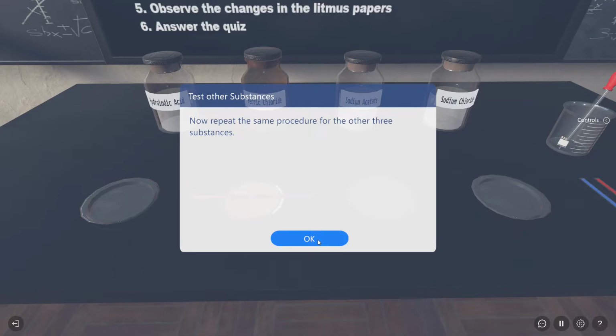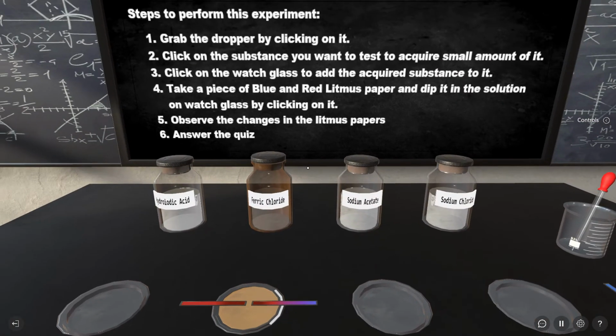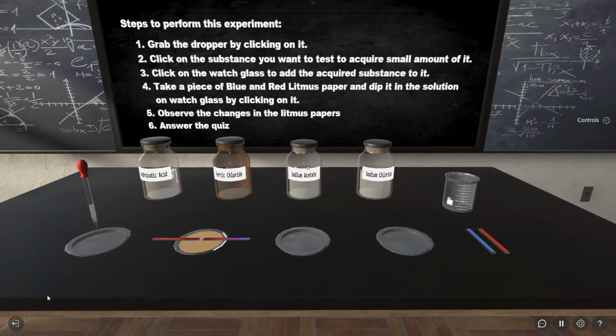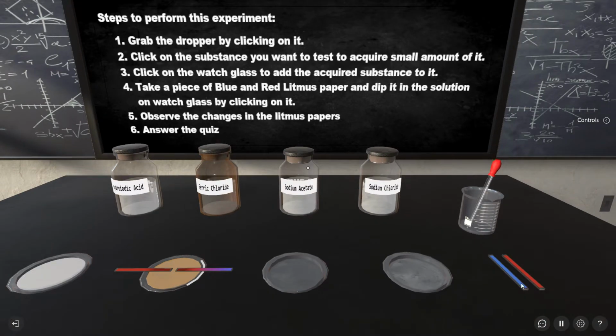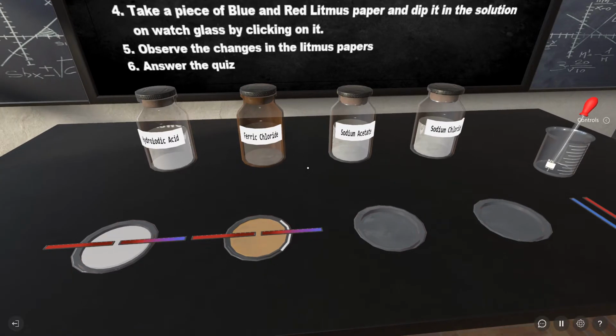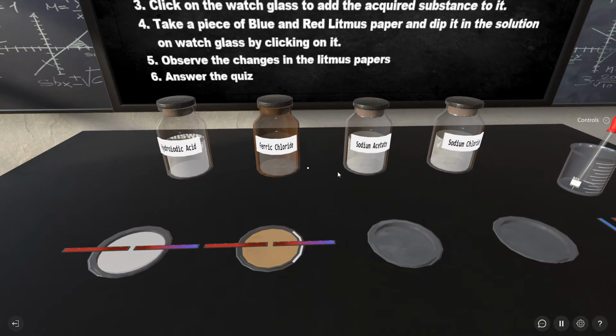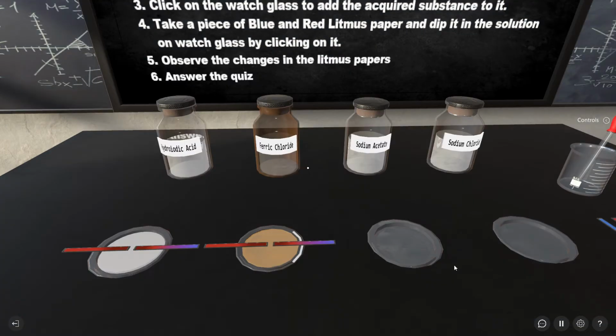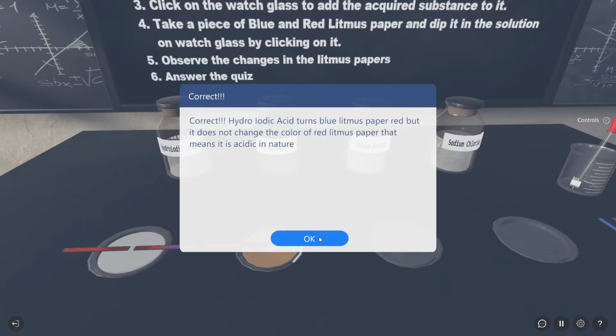Now repeat the same procedure for the other 3 substances. From the analysis. Correct. Hydroiodic